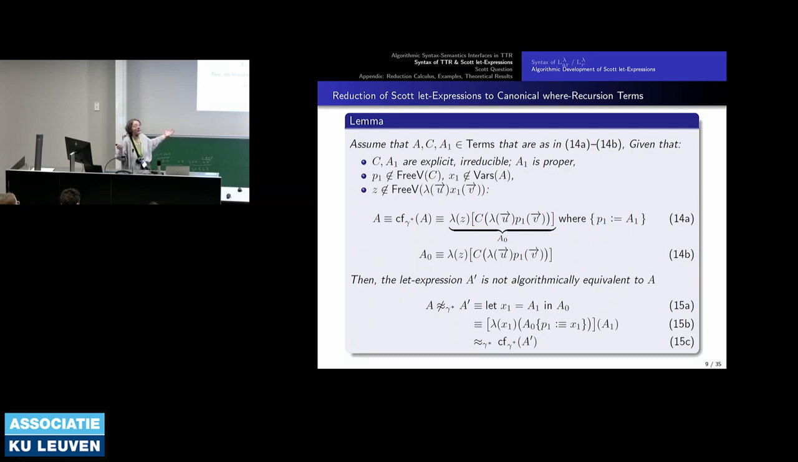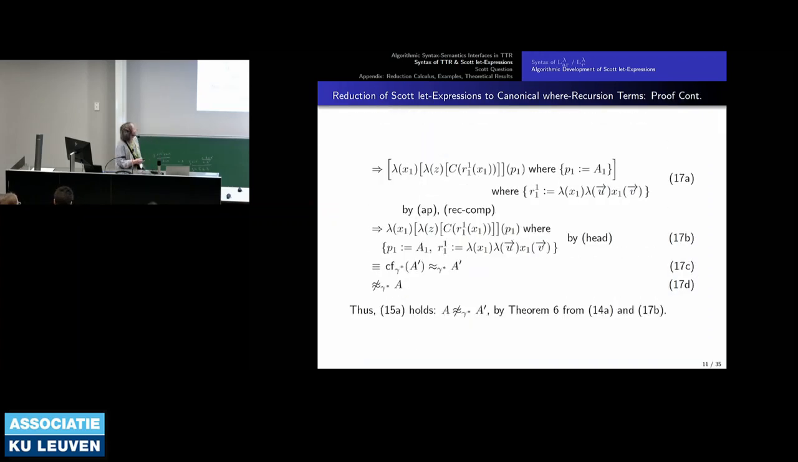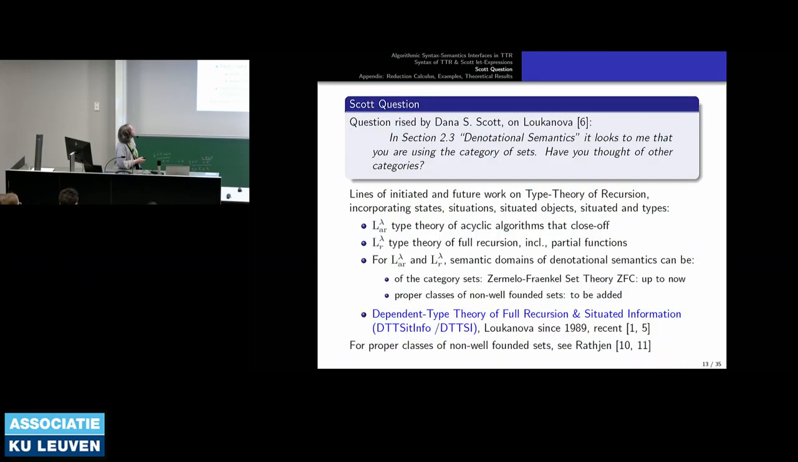So that's why they are not algorithmically equivalent. So this is the proof. The proof itself is very long, so here I provided a small part of it. So this is it. And the question, do I have time to just put, because the question that Scott put